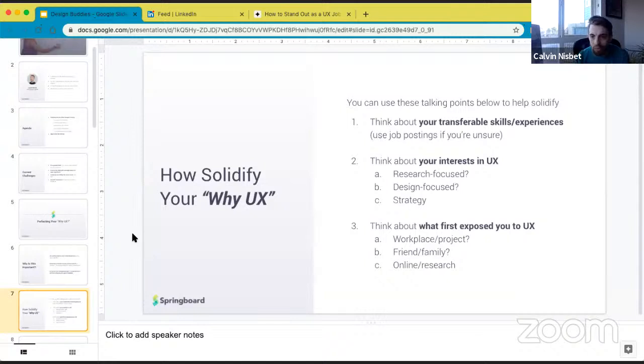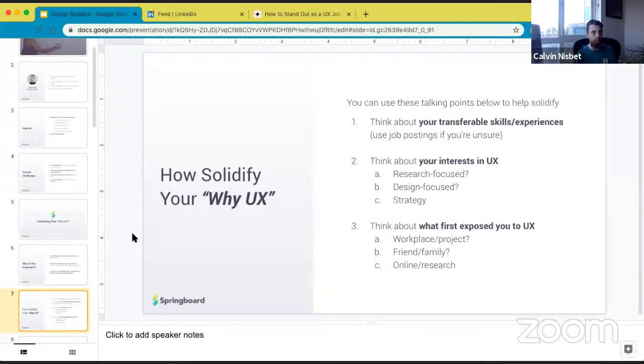And then again, what first exposed you? This is the catalyst. What got this all in motion? Maybe it was a workplace assignment or a project that you got involved in. I had a student that worked at Deloitte, and she was tossed onto a digital team there. That really exposed her to the field of UX UI, and let her understand she wanted to make that pivot. Friends and family: maybe you have friends and family that work in UX UI roles,